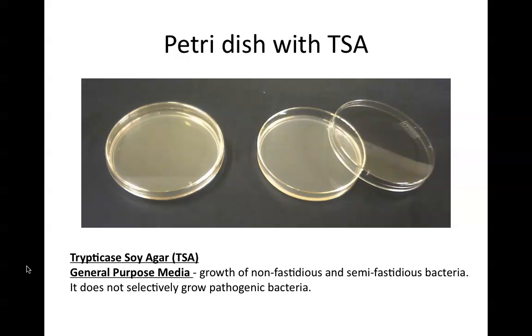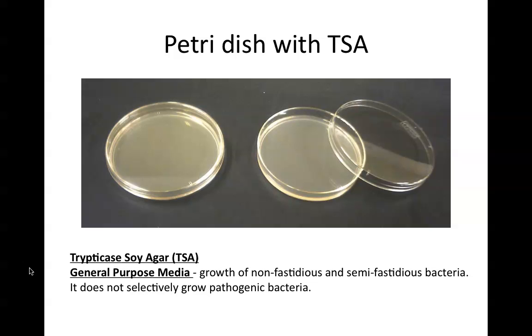Now, the general purpose medium that we will use routinely all semester is called trypticase or tryptic soy agar, TSA. That's the gel that looks a little bit tan or beige in this photo. The TSA agar is in a plastic container that's called a petri dish, which we also call plates. So petri dishes are the same thing as plates, and the agar is the bacteria food that's put into the